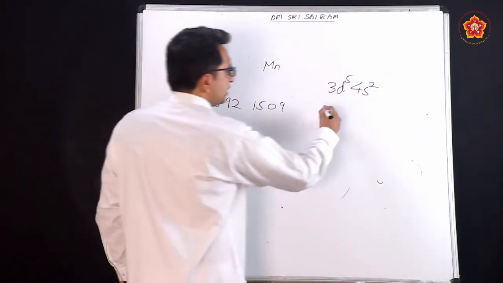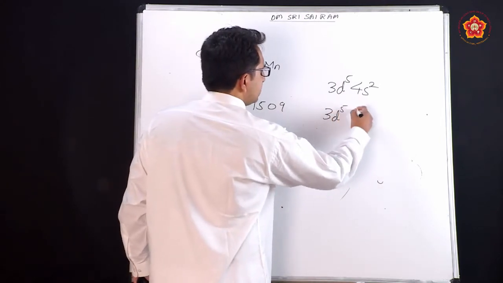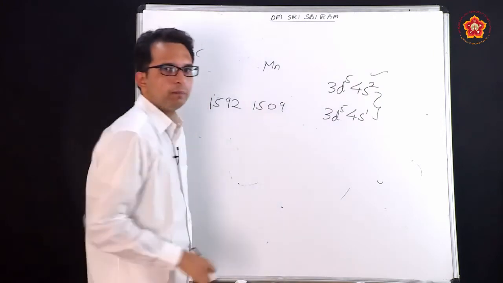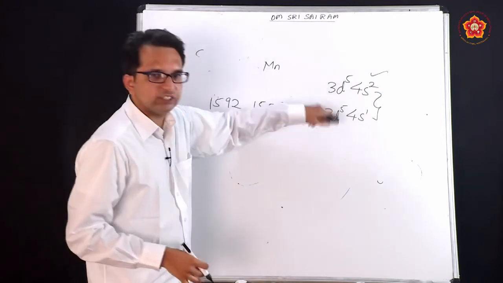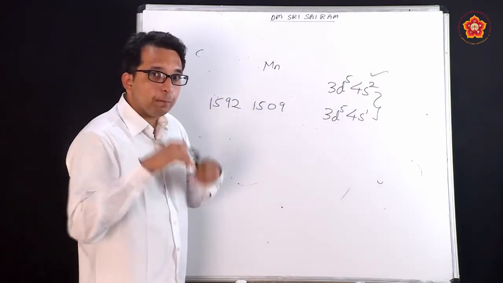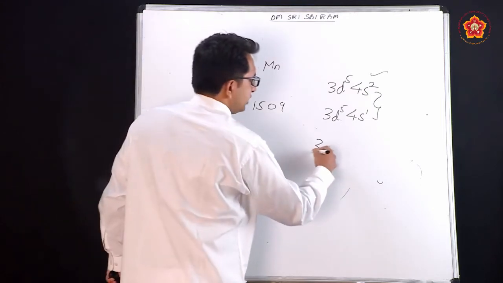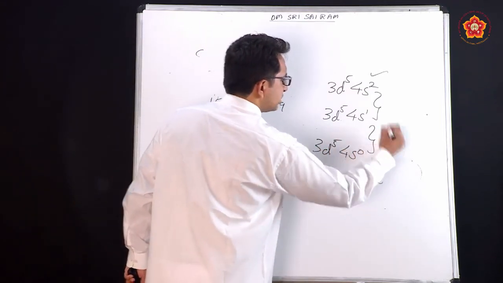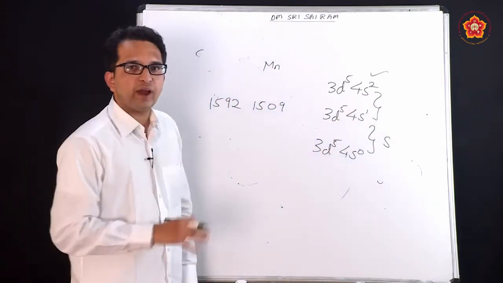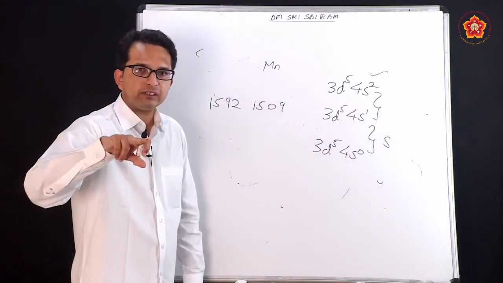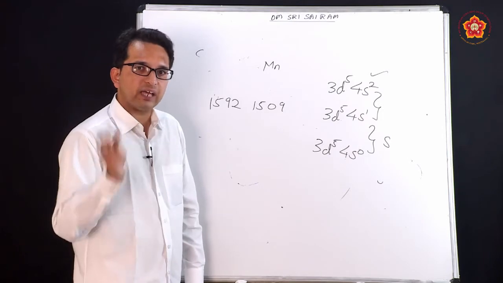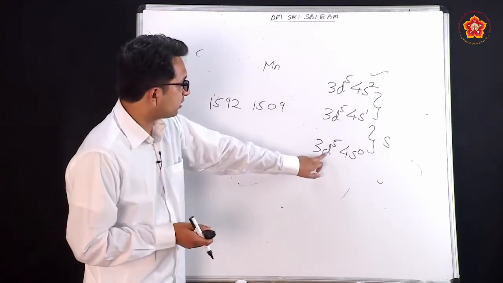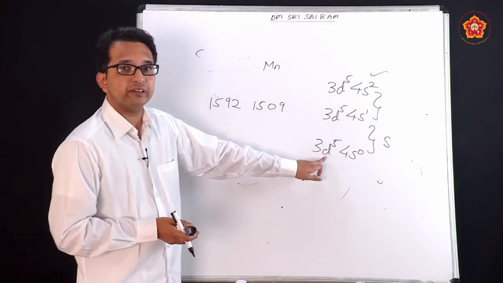After the first ionization enthalpy, it became 3d5, 4s1. Actually, this was stable. It came towards instability. Now, when you employ second ionization energy, it is now going towards stability. What are the stable factors here? Fully filled orbitals, half filled orbitals and empty orbitals. Now, this comes under the study of half filled orbital theory.